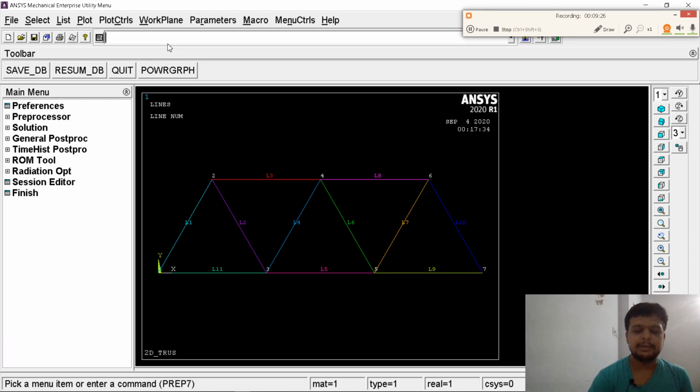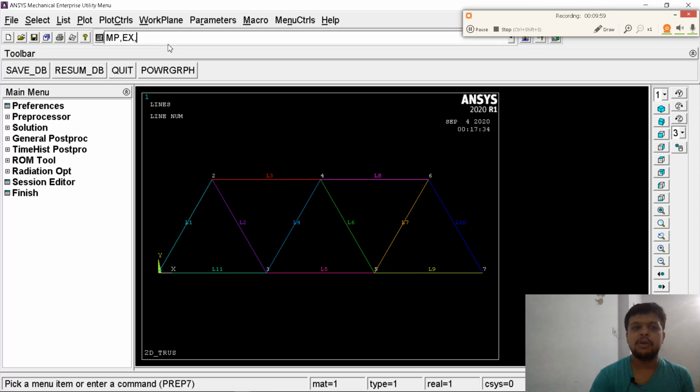Now next is the material property. Material property may consist of Poisson's ratio, density, or Young's modulus. Here only Young's modulus will come into the picture. So MP, EX. Observe that EX stands for Young's modulus, and MP is for material property.